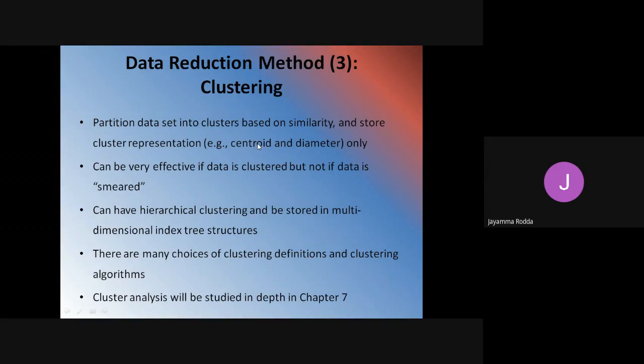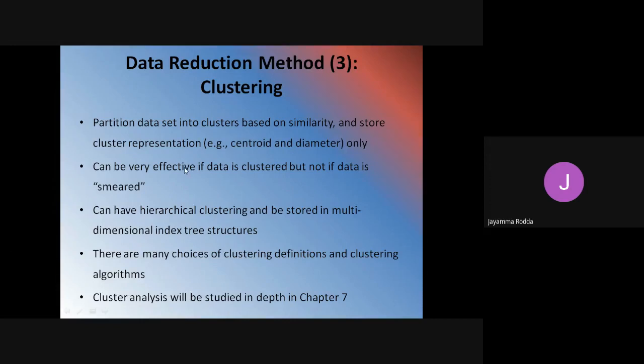If there are n data, we are going to divide them into clusters. The data is divided into various clusters based on one particular measurement, which we call the center of the data, the centroid. Based on that centroid, we identify the similarity between the data.